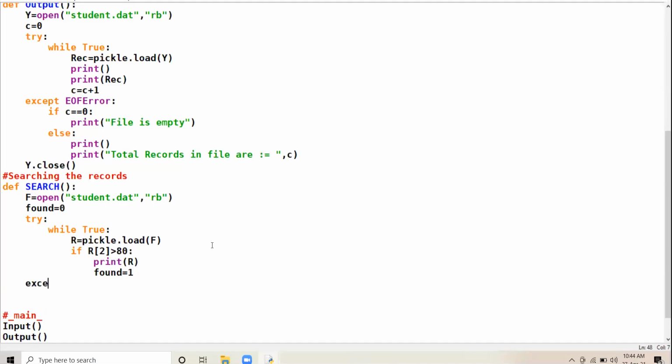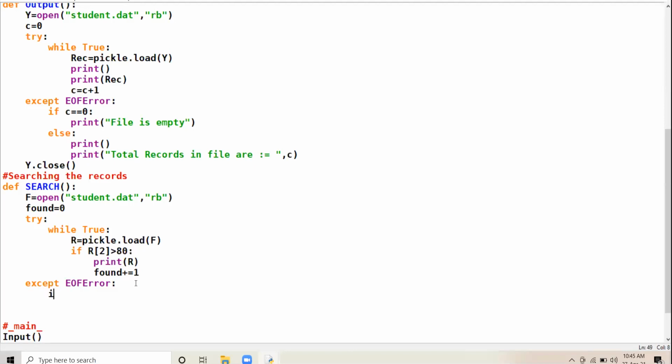Now here I create an except block for the EOF error. We can increment it. Suppose there are more records, so we can increment found. It may happen that more than one record has marks more than 80.